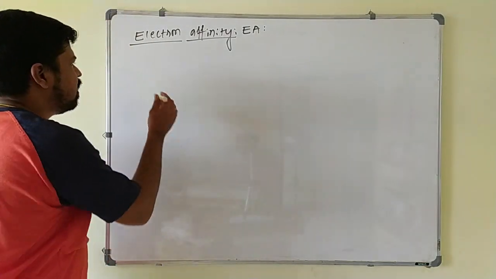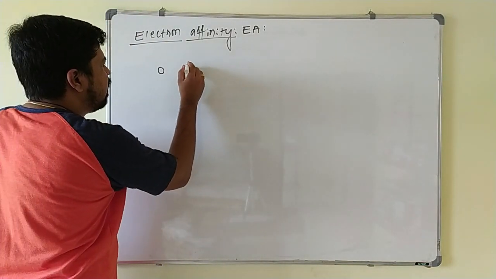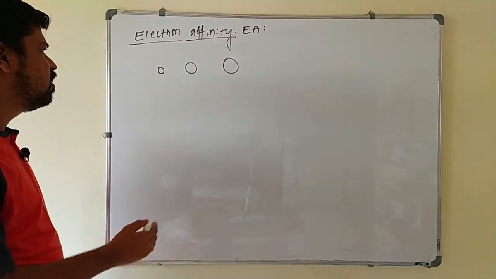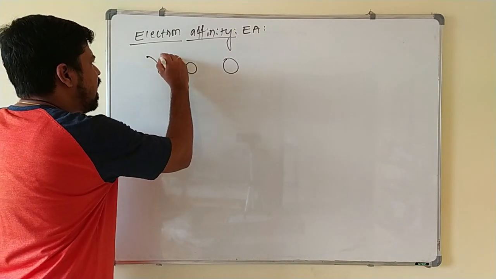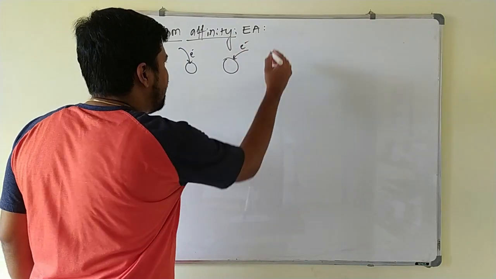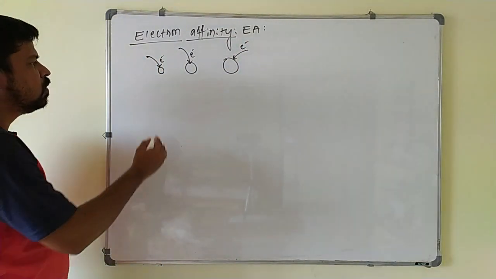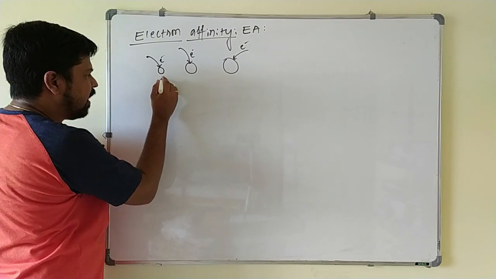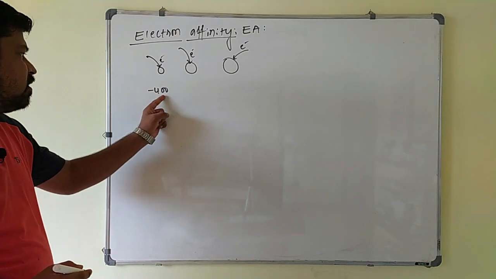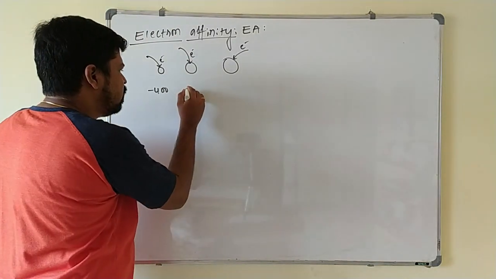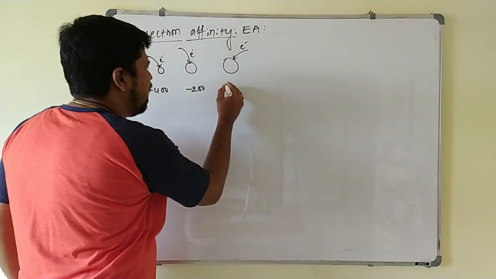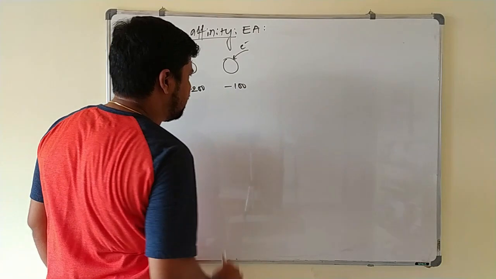So I will take an example here. First one, small atom I will take little bit larger, and another atom I will take like this. To each of these atom I will add an electron. So here also I will add an electron, and to this one also I will add an electron here. So after adding electron, this atom gives out energy, that I will take it as, just for understanding, 400 calorie of energy is given outside. To this atom, after adding electron, it will give 200 calorie of energy. So that again this atom gives out 100 calorie of the energy.